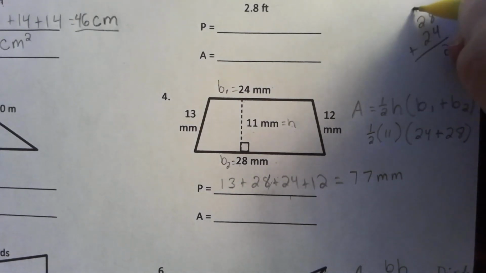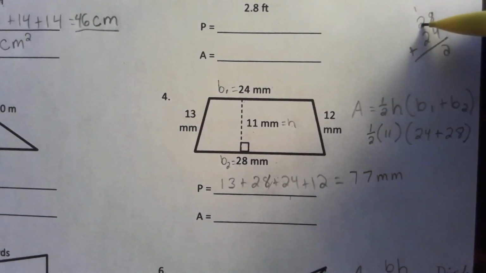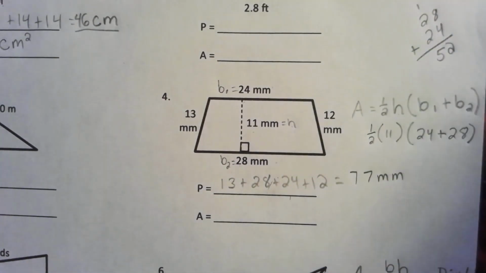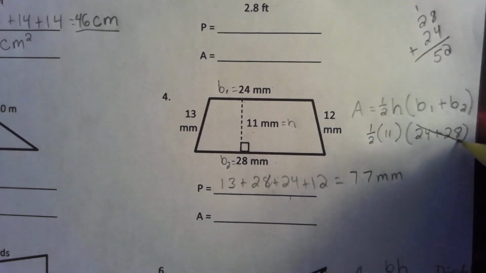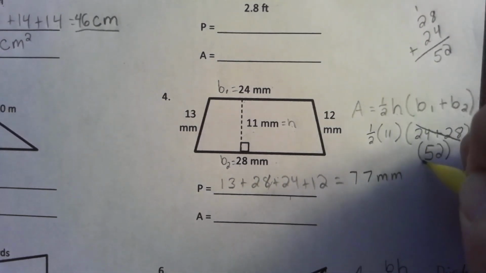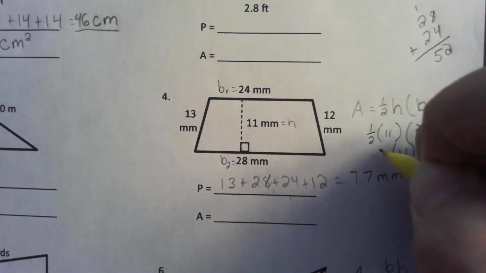Don't forget those simple math mistakes that can happen. And then we have 1 plus 2 is 3. 3 plus 2 is 5. So we have 52. So if we cross this out, we can say 52 is our new number over here when we add our bases together. Now the rest of this can just come down, we haven't done